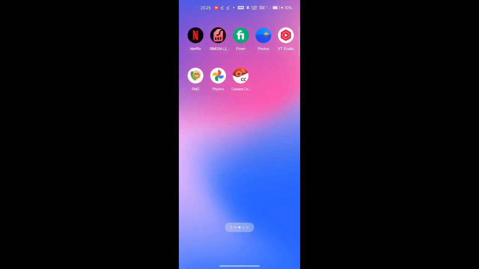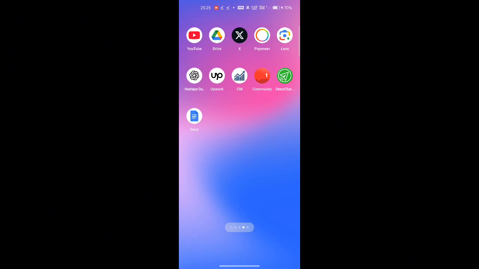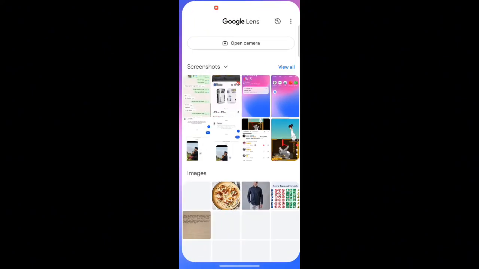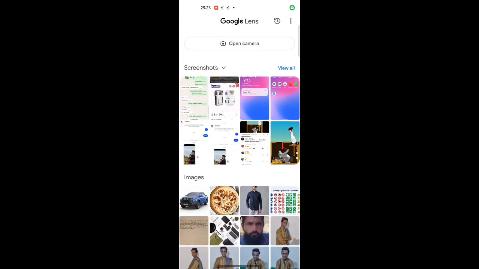If you guys don't have it, you can download the Google Lens app from the Play Store. So let's click on the Lens app. Once we click here, you will see open camera. In my phone it says screenshot, so in your phone it will be a different folder. So if you have that car in real life, you will simply click on open camera and capture the